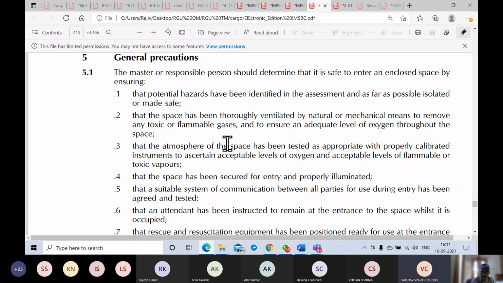सर, रिस्क असेसमेंट एंड वो सब तो हो चुका है ना सर, बिफोर एंटरिंग द स्पेस प्रॉपर वेंटिलेशन हैज बीन कैरिड आउट। करेक्ट, बिल्कुल, बट नाउ ही रिक्वायर्स हेल्प, डज इट नॉट इंडिकेट देयर इज समथिंग रॉन्ग? Although everything was done, does it not indicate that there is something going wrong?